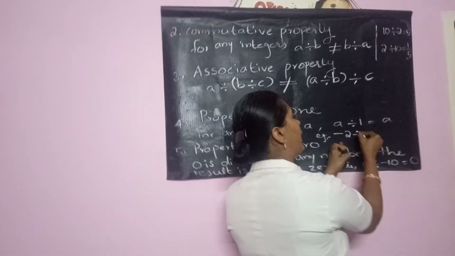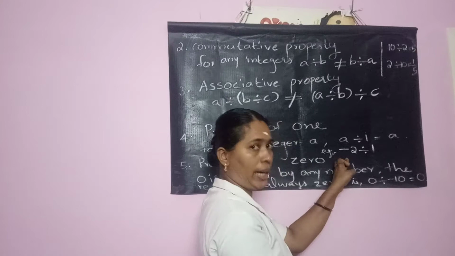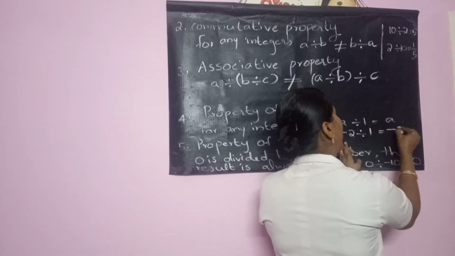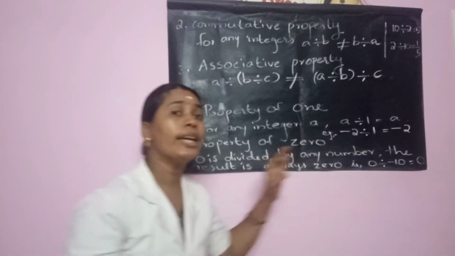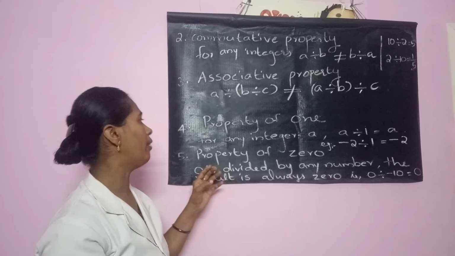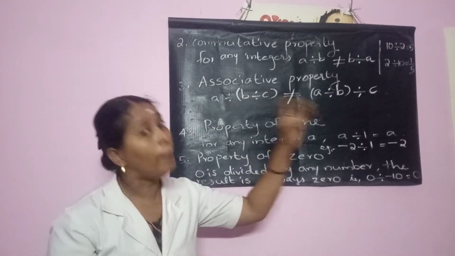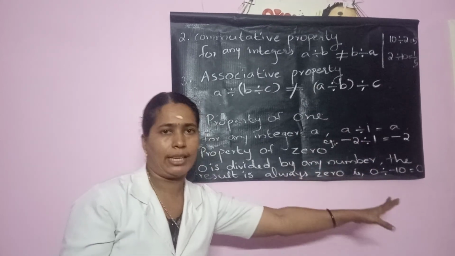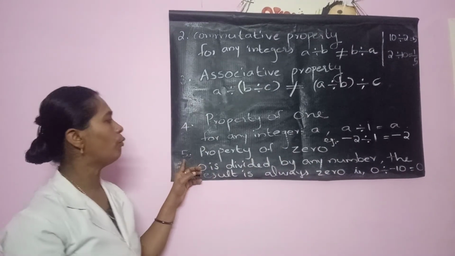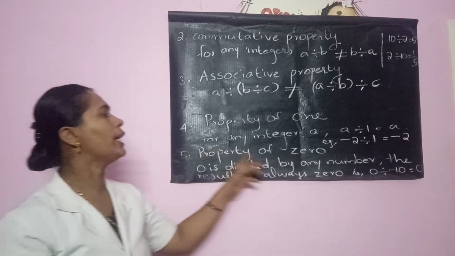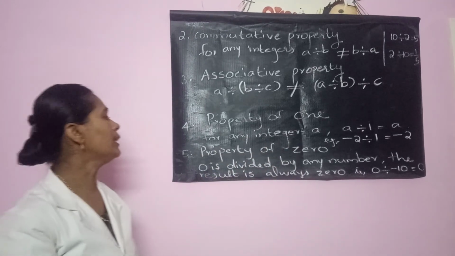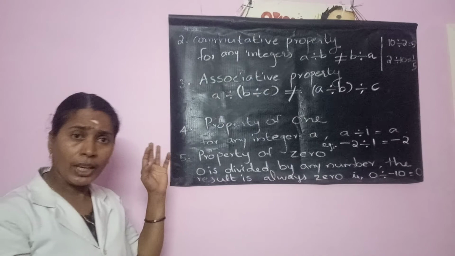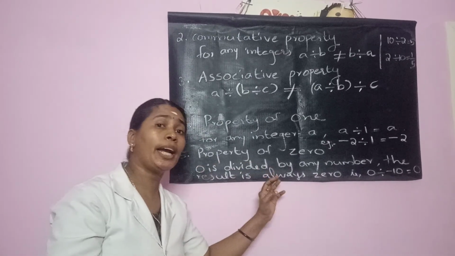When you divide negative 2 by 1, your result is always negative 2 itself. When you divide any integer by 1, the result is that number itself. Next, let us move to the fifth property, property of 0. In this case, they are telling 0 is divided by any